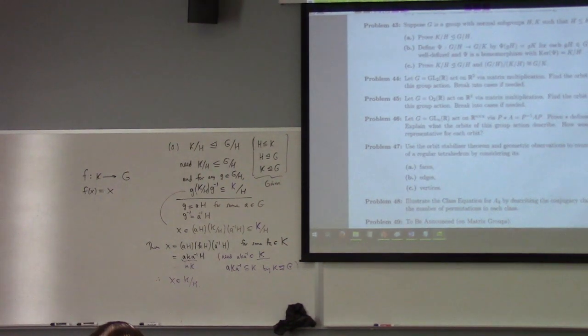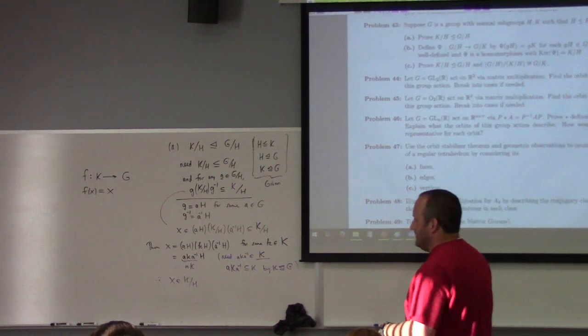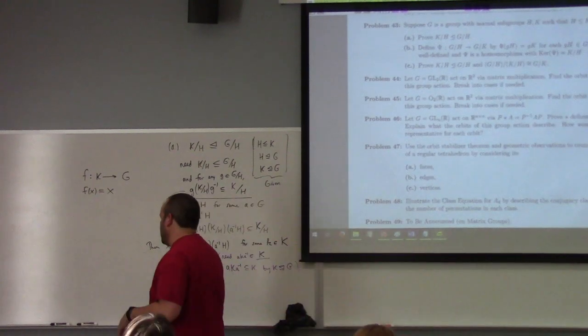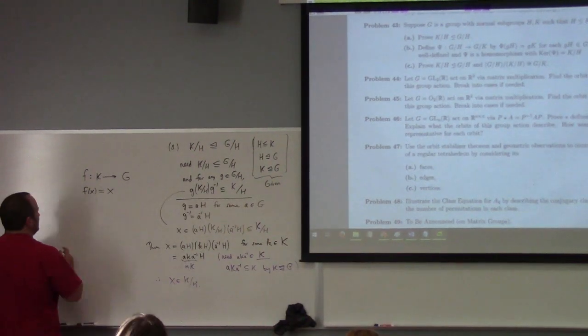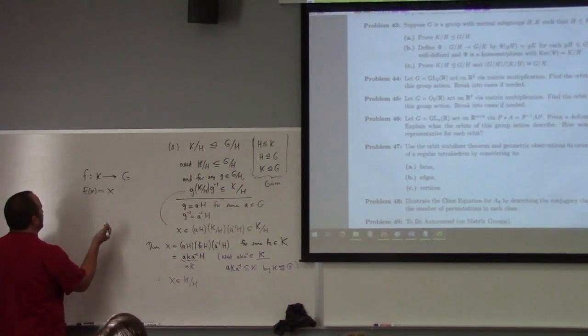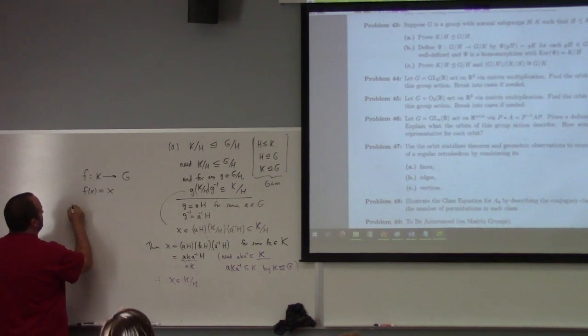I think that's a homomorphism. Yeah, it's not exactly the identity, right? Because the domain and the codomain don't match. But what if we looked at another map, like f bar of kh